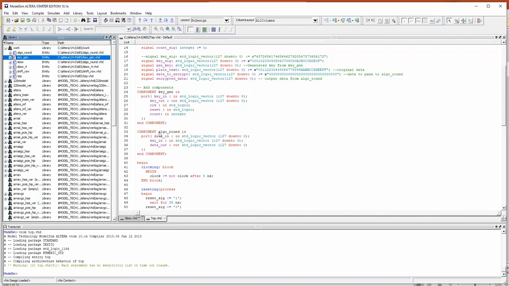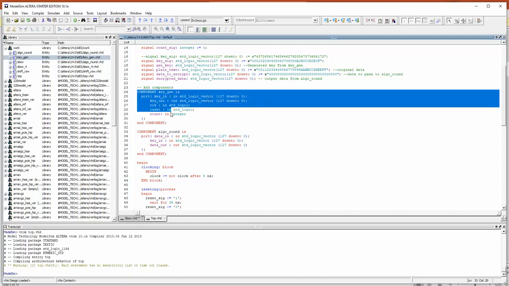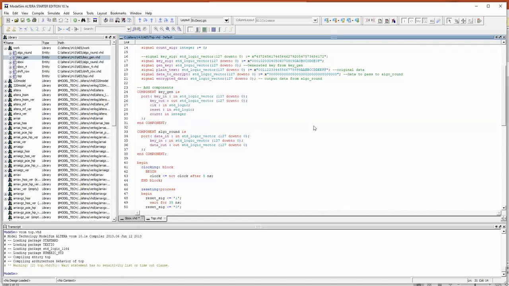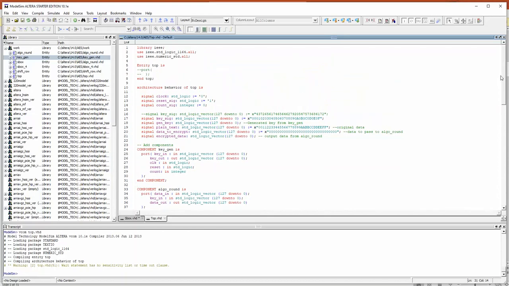And the second one is algo, that is the algorithm. In that file I have the code for the algorithm, right? But in this video I am going to talk about the key generator. Before we talk about the key generator, let's look at this file. So this top file basically